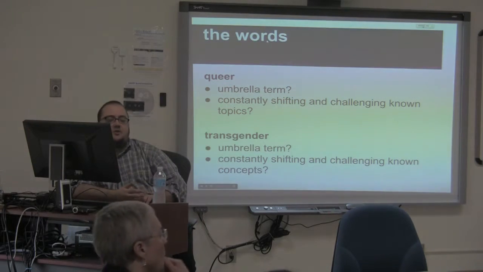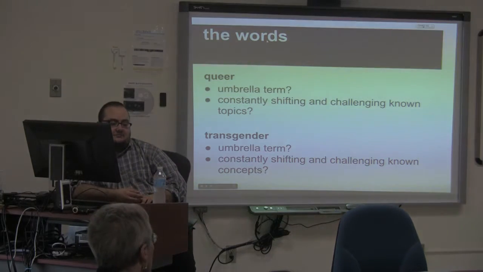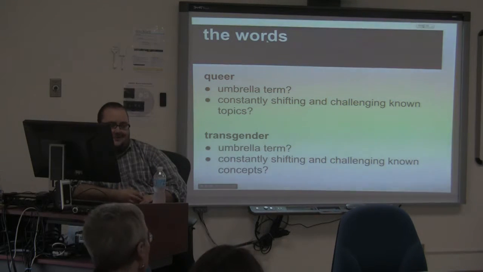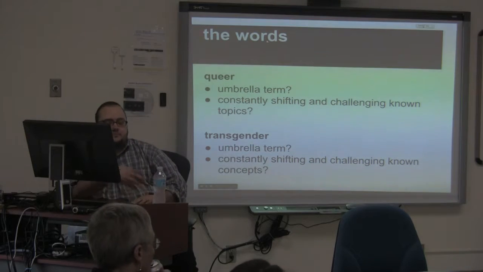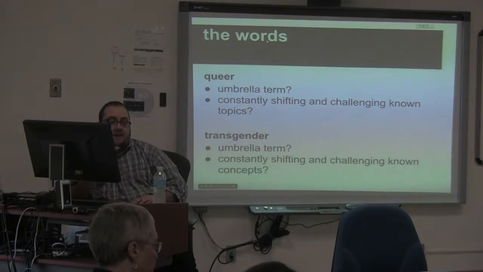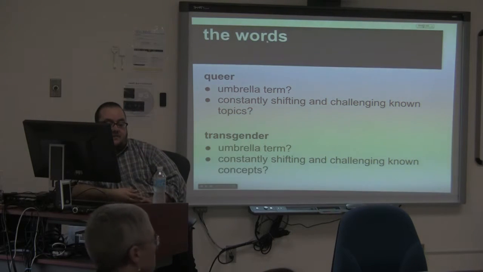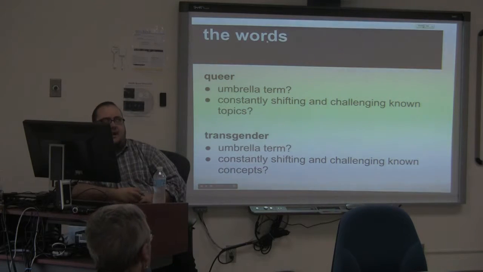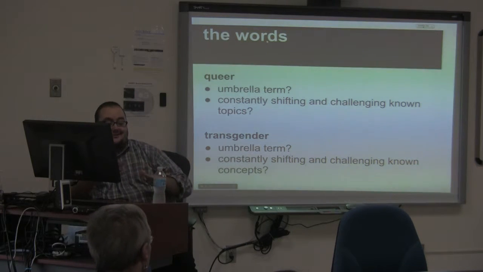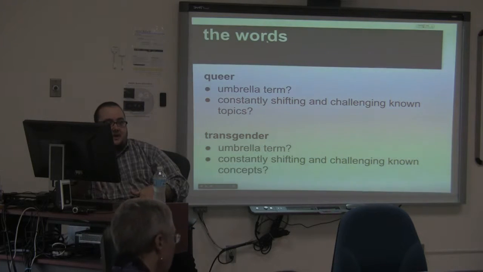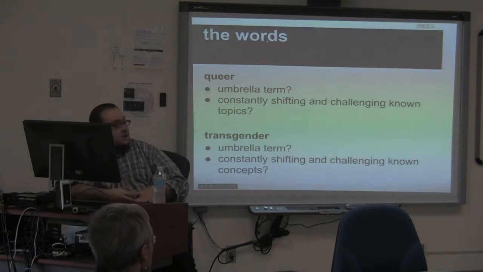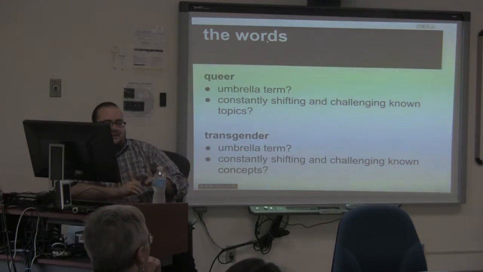So, the word queer started out in most prominent usage in the 40s and 50s as a slur towards gay men. And then when gay activism really came to the fore in the late 60s and early 70s, there were people who reclaimed the term. And in the late 80s, early 90s, it started becoming a word used for people who had sexual identities that somehow included same-sex, same-gender attraction, and it was a really politicized term, basically putting a label on something that can't be labeled.